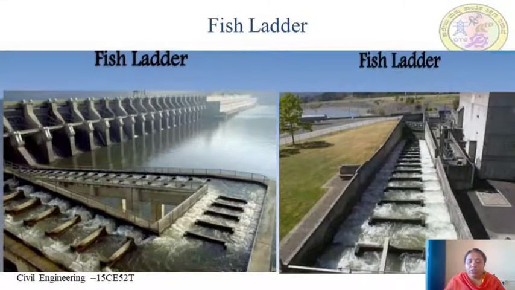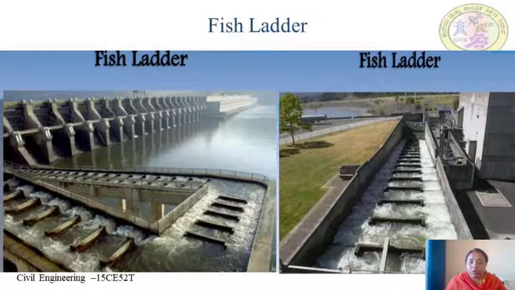So you can see here, these are the fish ladders. These are the different types of fish ladders that can be provided. These are the large rivers which are generally inhabited by several types of fishes, many of which are migratory. Such fish are found to be moving from the upstream side to the downstream side at the beginning of the winter season in search of warmer water and return to their spawning ground. This is generally seen before the monsoon, during May and June.